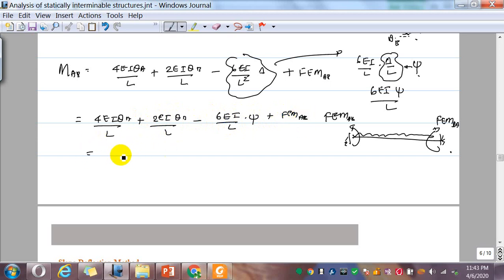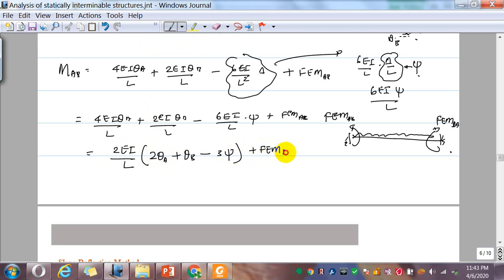So here if you take 2EI over L out, then you get 2 theta A plus theta B minus 3 psi